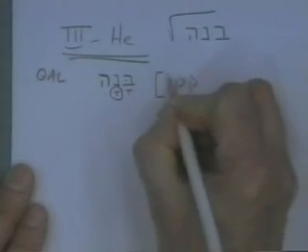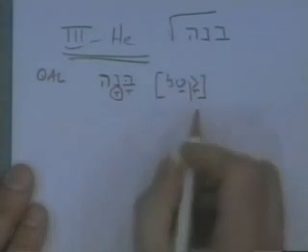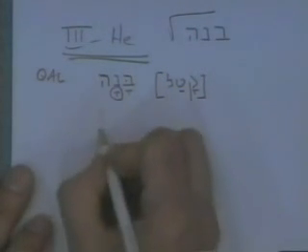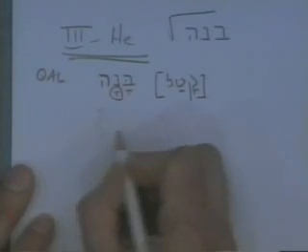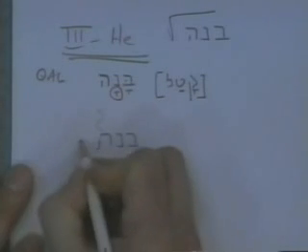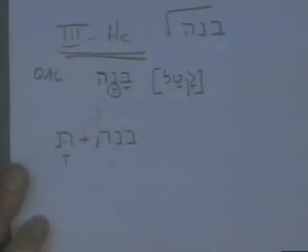The Qal perfect is katal, but the vowel is a short A vowel, not a qamets. It's not a big deal, but it's different. Now, as we conjugate this out, as a general rule, when we take a third hey root and we add a consonantal suffix to it, like katal,